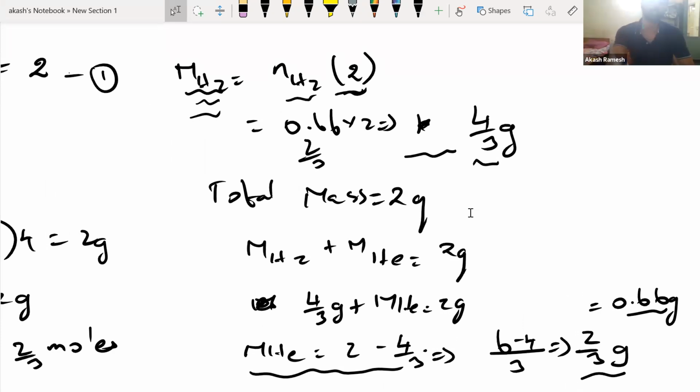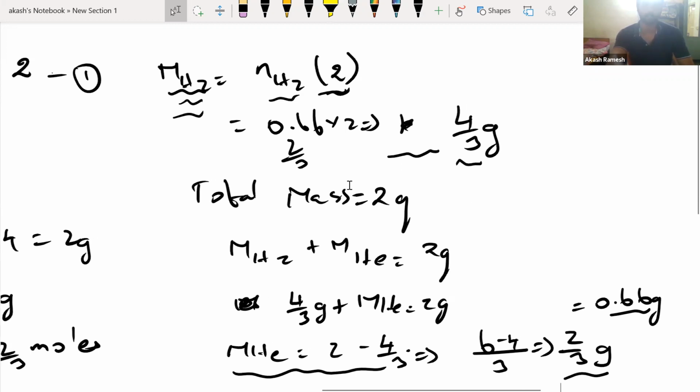Correct. That's because it's not just 0.66, it's 0.66666666. That is why it's better to do it in terms of 2 by 3. 2 by 3 is an exact number, 0.66 is not an exact number. That's why there is a mismatch. No problem. You can either calculate it as 2 by 3 or keep it as 0.66. Both the answers will be accepted.